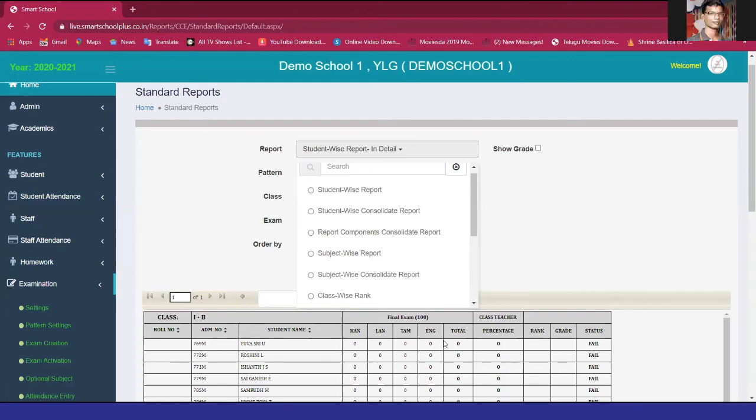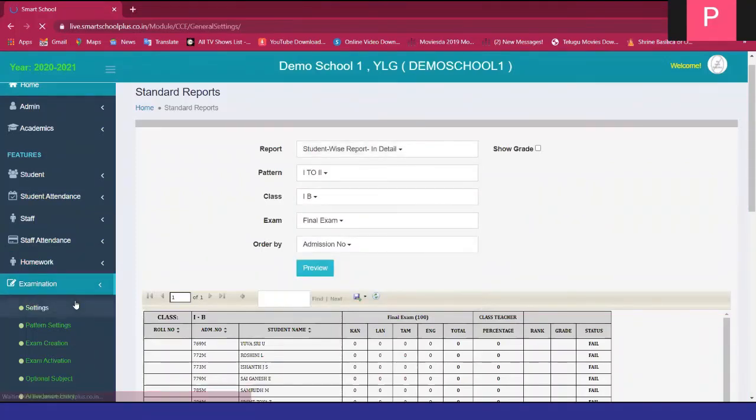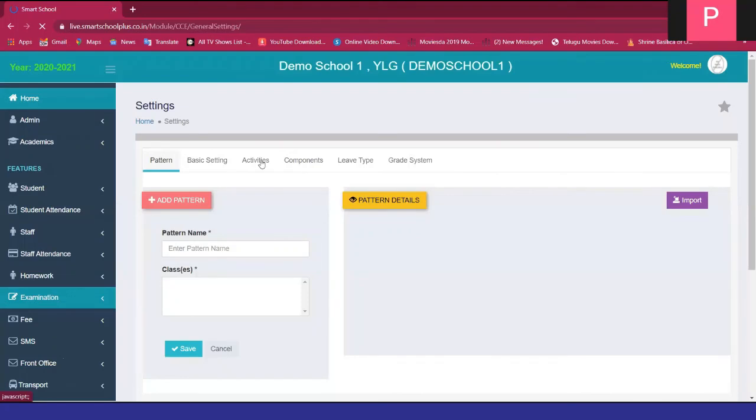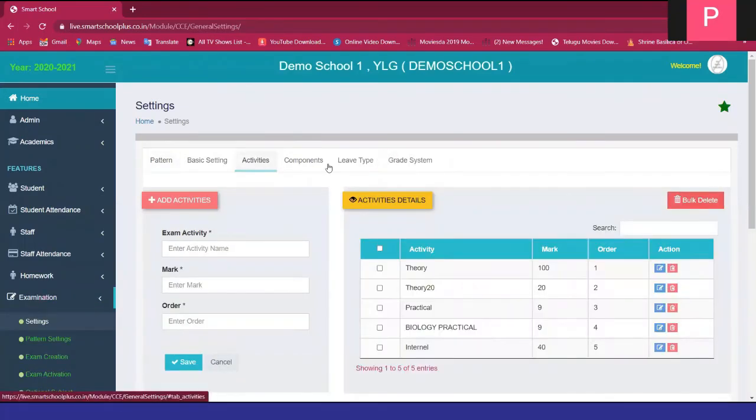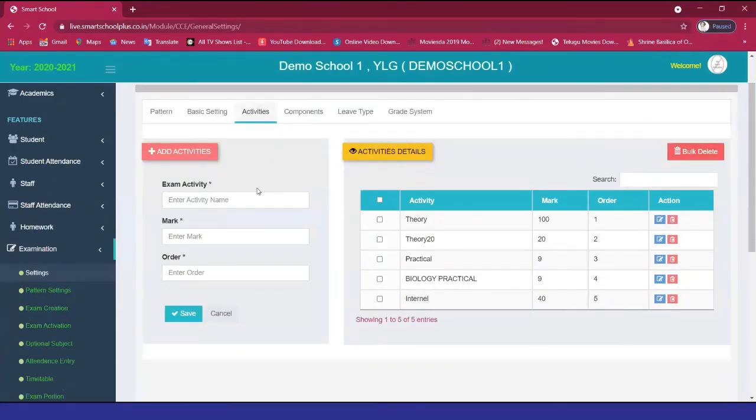David, sir, you can proceed. There was another question from Madam Pooja: repeat the activity method. Ma'am, this is the activity method in the settings page.